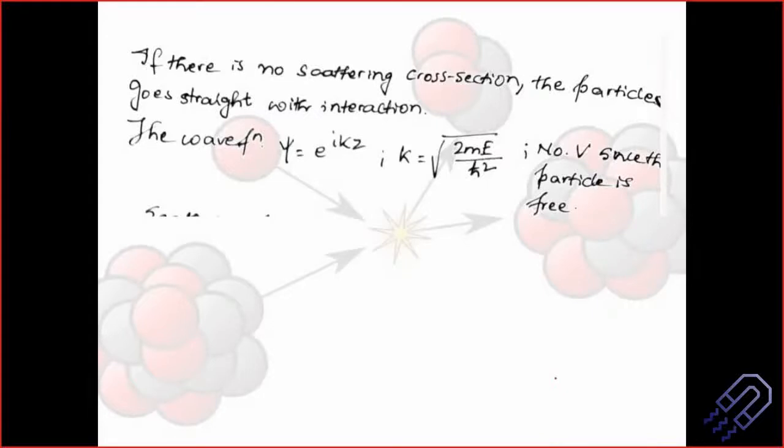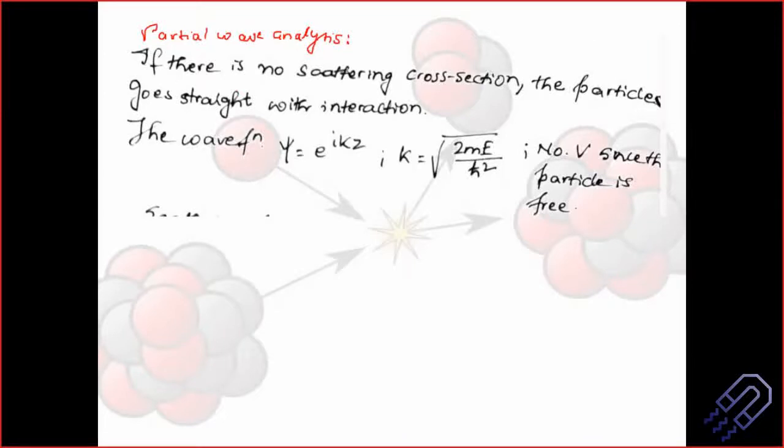So this is another part of this unit, where you are doing a partial wave analysis. Please don't get confused here. We are doing a partial wave analysis of the waves which are coming and hitting the nuclei. We are going to make different assumptions, and as we keep on doing it, this will become more and more clear.